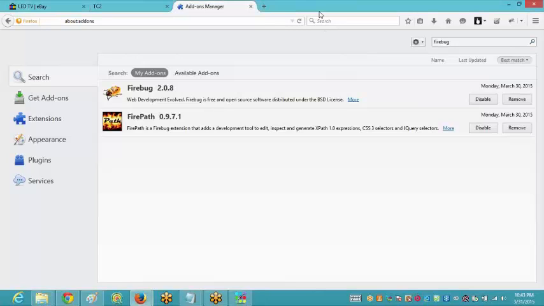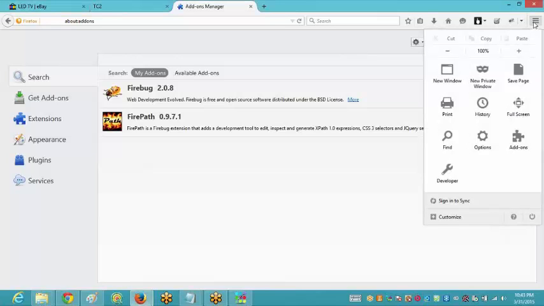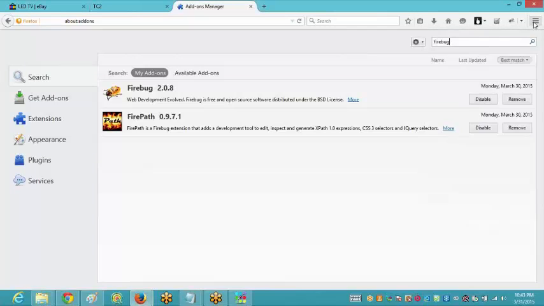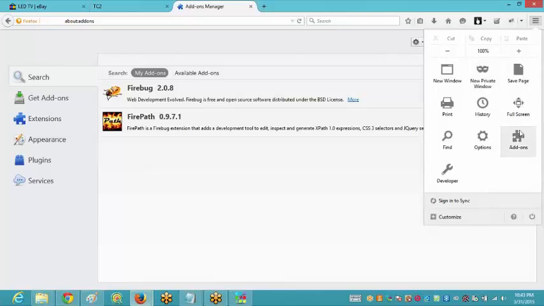Samatha, in tools, there would be a tools option present in your Mozilla. Since I don't have any tools name present over here, I'm getting this. When I click over here, it is giving me an option for add-ons.